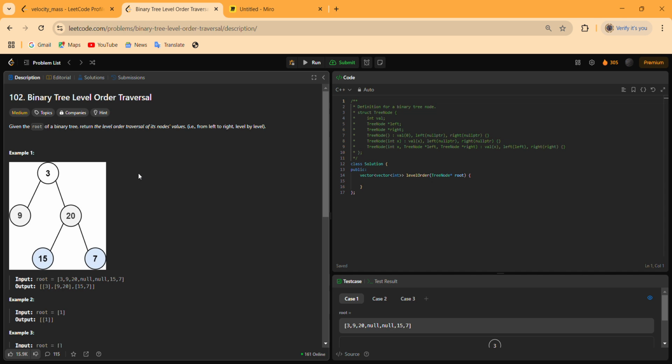We are given the root of a binary tree and we have to return the level order traversal of its nodes' values from left to right, level by level. That means we have to traverse on its levels, first this one, and store the values in a vector,